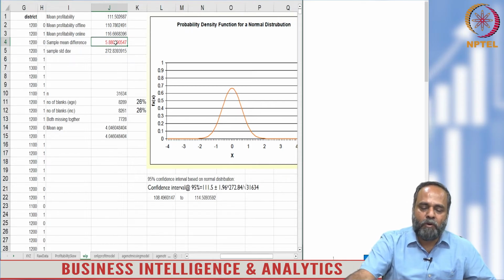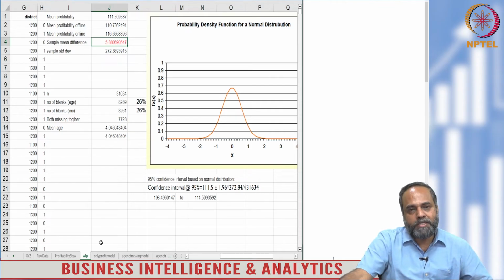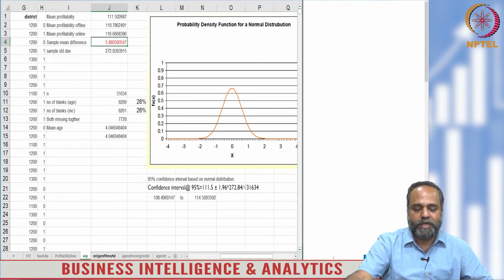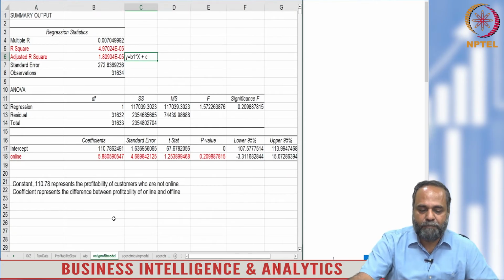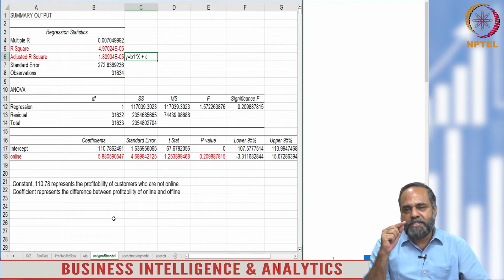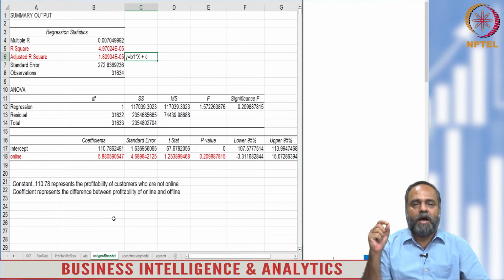Will the positive difference between online and offline be significant for the entire population? Is it a significant result, or did we obtain it by chance, or by some reason? That is what we are trying to test in a hypothesis test like this. In order to test the hypothesis whether online profitability is greater than offline, you can do it